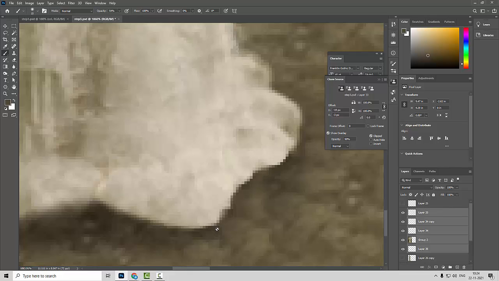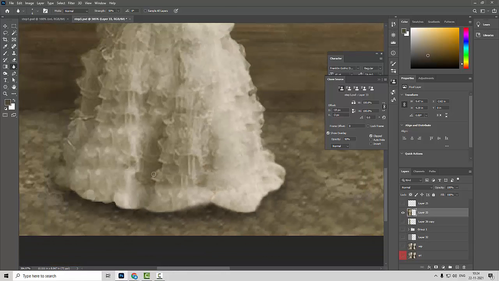Now once we have the correction done, we are going to merge again, and after this you can see some sharpness is coming here. So I'll use my blur tool to make them something like the original one.